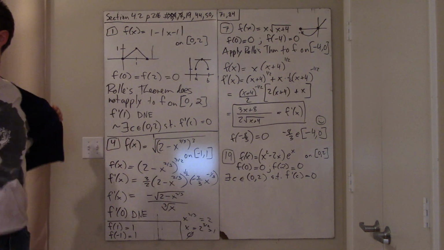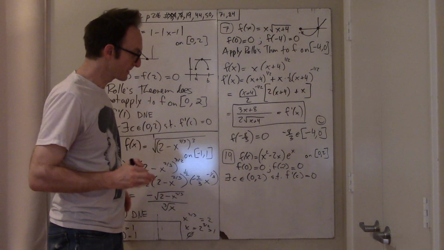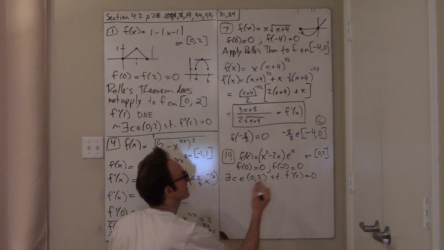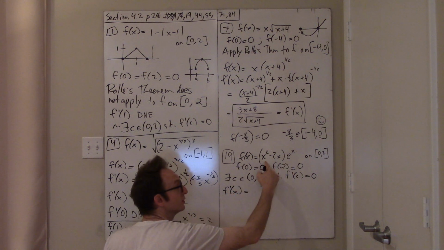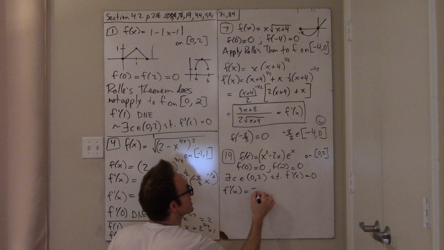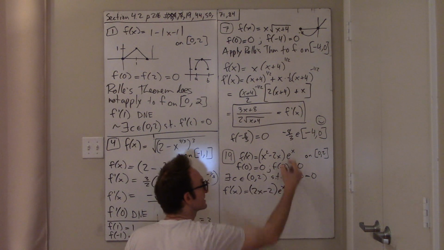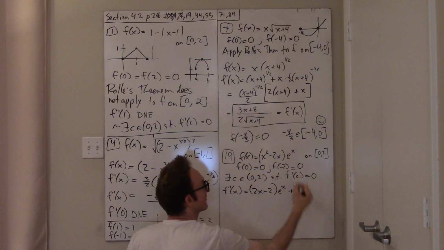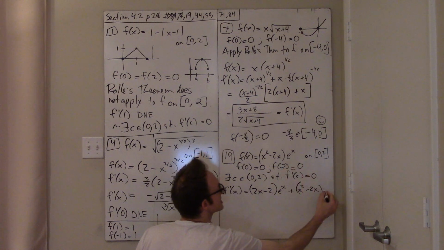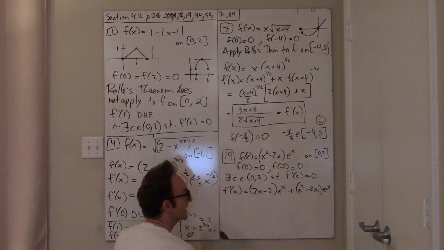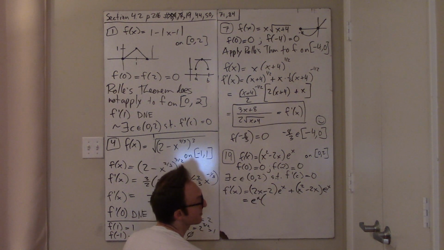And let's now find the place where the derivative is 0. Okay, well, we'll just differentiate this function, I guess. So I think I can squeeze this in. I have to use the product rule. So the derivative of the first is 2x minus 2 times the second, which is e to the x, plus the first times the derivative of the second. So that's x squared minus 2x times the derivative of e to the x, which is just e to the x. Okay, so I have now something where I can factor out e to the x, and I'm left with a polynomial